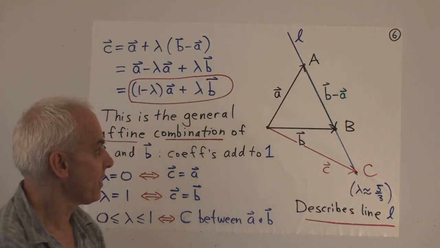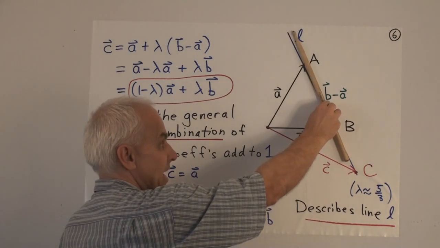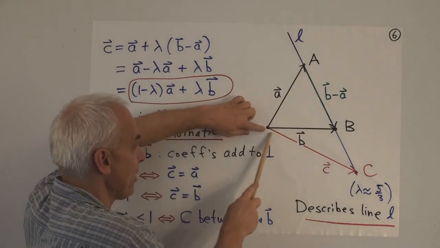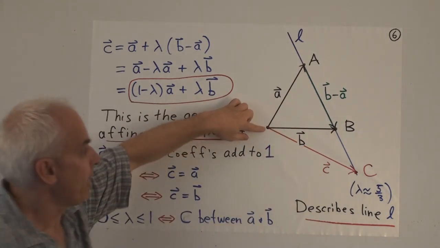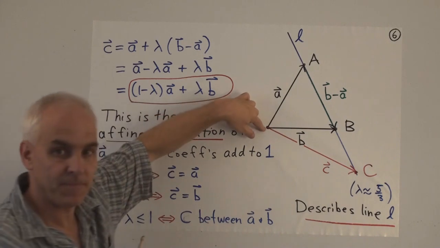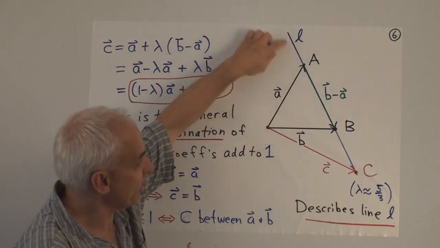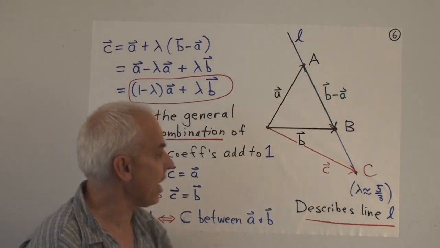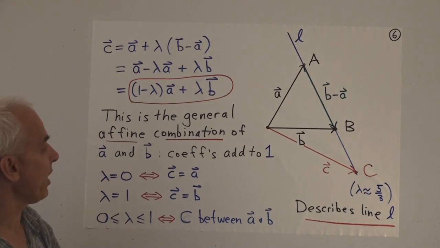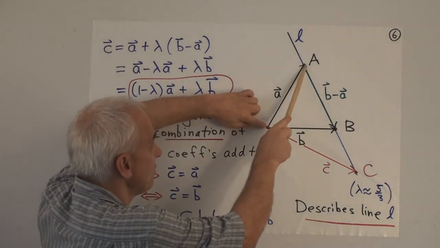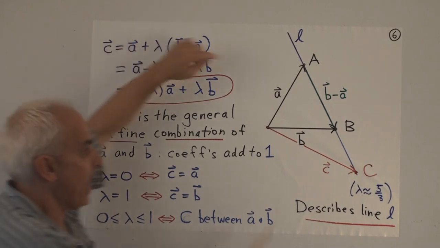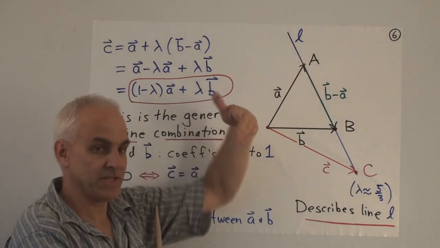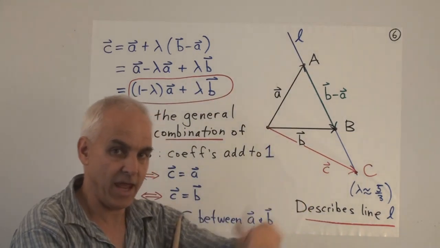So here's the general situation. There's our point A and our point B on the line L as before. There's our observer point, the vector A, the vector B. There's the vector B minus A. And I want to consider a point C that's somewhere on this line. Doesn't have to be in between here, but it's somewhere on this line, described in the following way. That we're going from here to there via the vector A, and then we're going some multiple of this B minus A. Now in the previous examples we used multiples of 1/2 and 3/5.